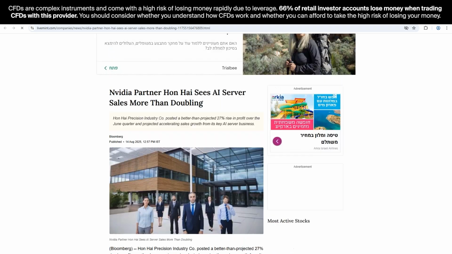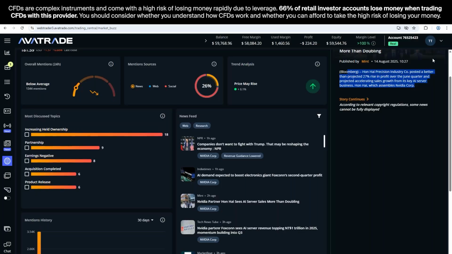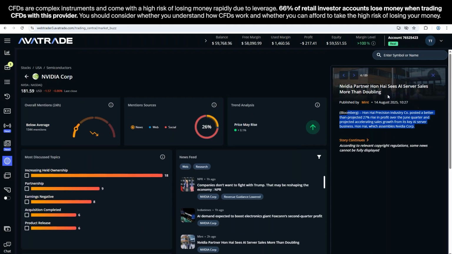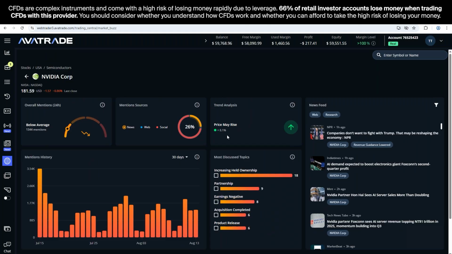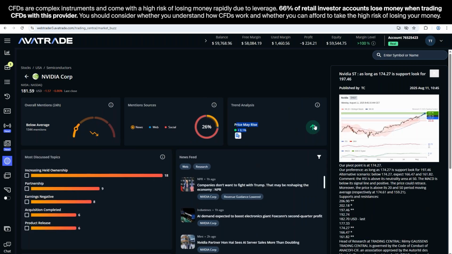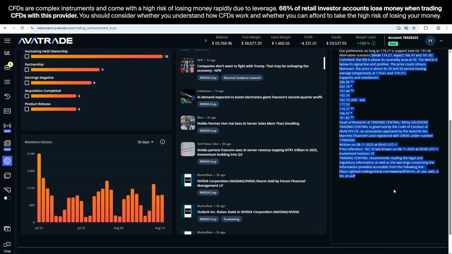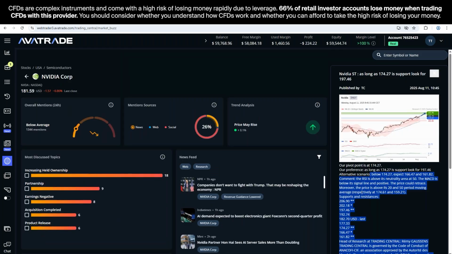Does this information help me decide whether I want to buy or sell on, in this case, NVIDIA? I already have a technical signal here within the market buzz that says price may rise 8%. If you click on this, they give you the technical signal with the support and resistance levels. They show you where you might want to take profit, and they explain the technical analysis behind it right below the image. So the technical signal is here saying buy,